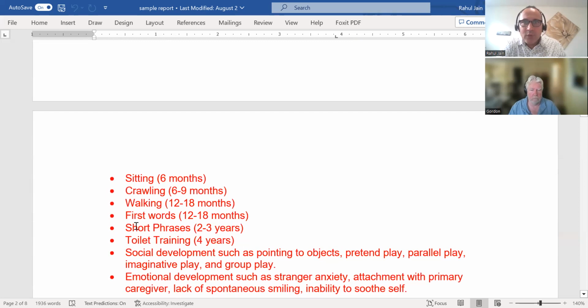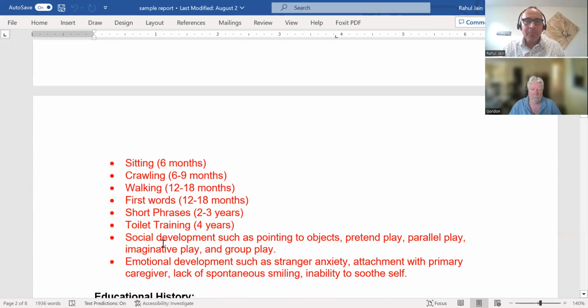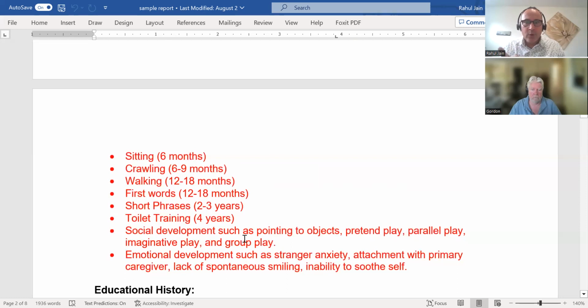First words, if you're suspecting that you're working with a child and they are not talking, so that means they're having some, could be speech, could be, you never know, right? Could be autism flags. So these are questions that can help you, specifically if someone is identifying autism or when you're asking the question, you're having the feeling, so you could ask them all these questions about short phrases, toilet training, social development, like pointing to objects, pretend play,